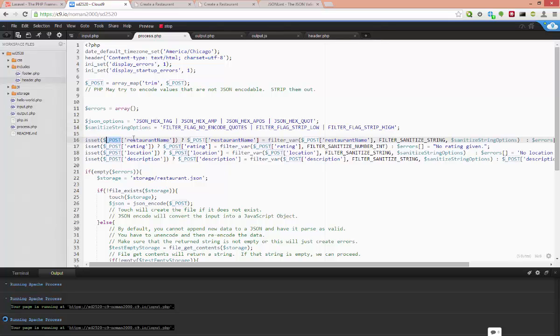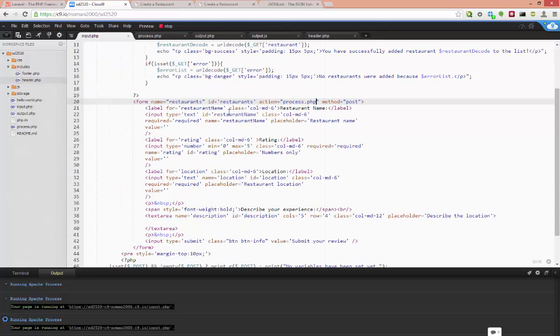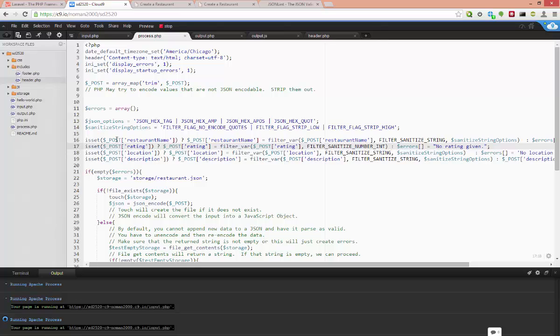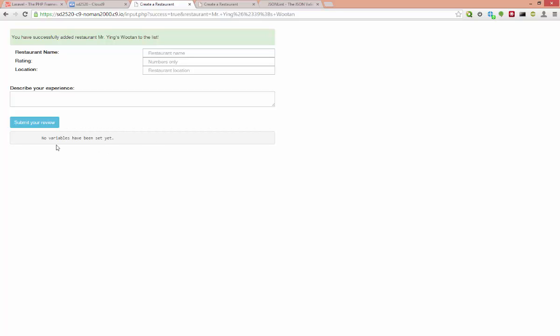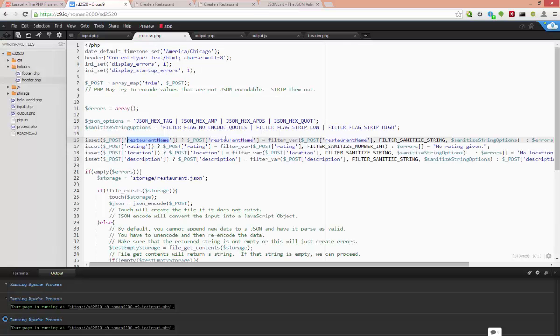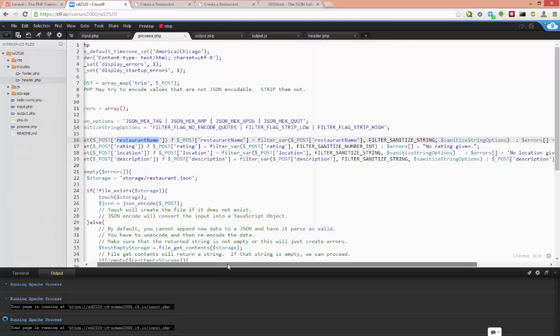Then I'm calling isset on post. Inside of our input we had the names and the restaurant name, so I'm looking for a post with the value of restaurant name, and this square bracket notation is how you access a named array. This is the key, and then the value is whatever's inside of there. So this says I want to get a post with the key of restaurant name. And we saw that whenever we saw the values down here, where it said restaurant name, that was the key. Then I'm saying if that exists, or if it's set rather, which means that it was sent over,